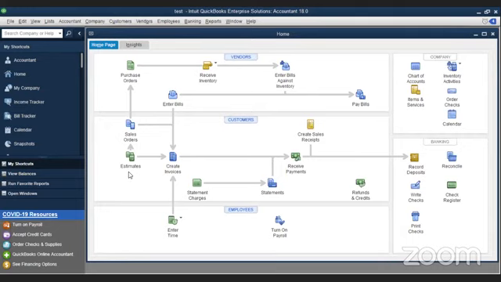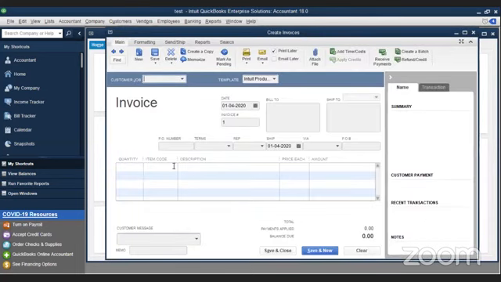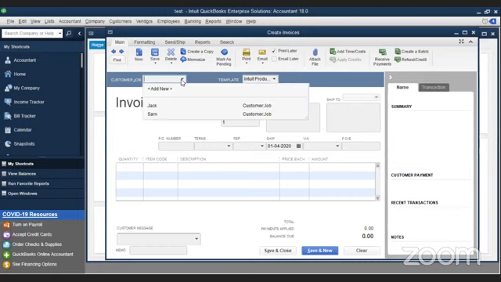Now I'm going to tell you how to create an invoice. Simply, you just click create invoice, and you're going to select the customer. You can see Sam here. So we'll say he's confirming the estimate.